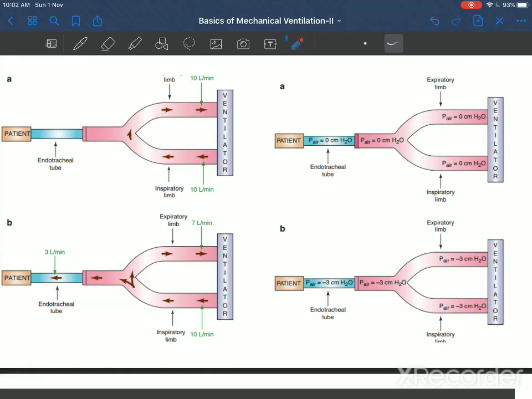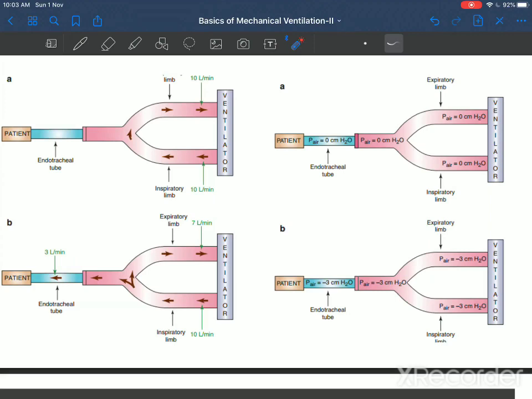This is a diagram where you have the inspiratory limb of the ventilator, this is the expiratory limb of the ventilator, this is the ventilator, this is the patient and endotracheal tube. Here you have this continuous bias flow of 10 liters per minute. Correct? If the patient is taking a breath in, what happens? If the patient is taking a breath of 3 liters per minute, the rest of the 7 liters goes into the ventilator. So the ventilator recognizes that the patient has taken some amount of flow and it triggers a breath. So this will be a flow trigger.